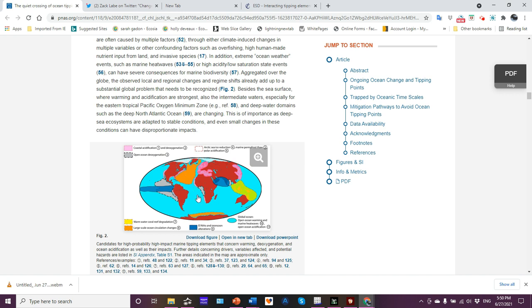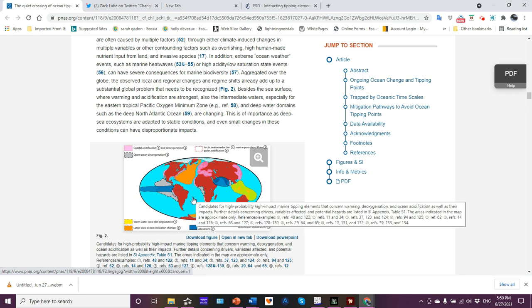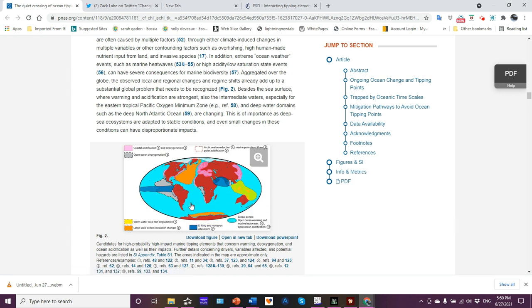We're losing deep water formation, which is ventilation, which allows for vertical mixing. That's going to affect the ecosystems at depth. Right? We're seeing all these things, and we're in danger of tipping into a new situation, a new type of system. That's kind of the point of why I wanted to do this video for you.